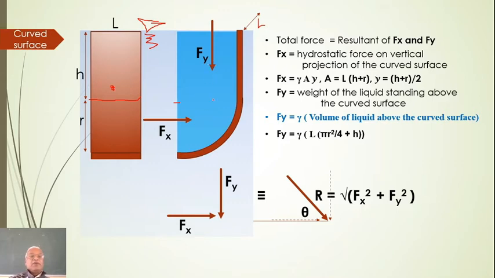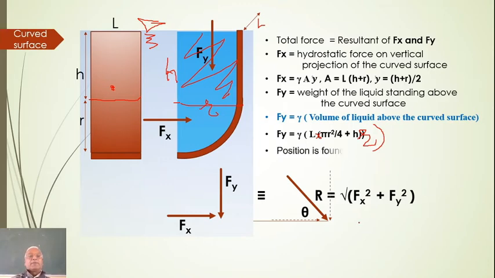Now this area will be H into R. Here it should have been pi r squared by 4, a quadrant of a circle. Here it should have been H into R, and then a bracket, because this is R, this is H, so this area is H into R. Pi r squared by 4 is this area, so the total area multiplied by the length L gives you the volume, multiplied by gamma gives you Fy. Okay, and then afterwards Fx, Fy, resultant.